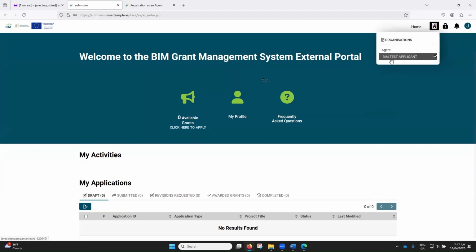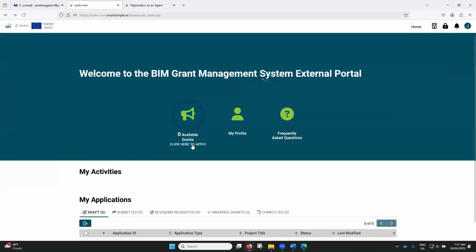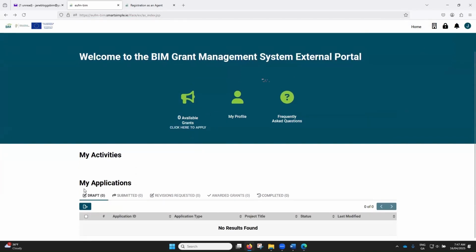So for every organization that you are applying on behalf of, you must just click here and then you will be able to go into available grants from here. And once any grants are live on the system, you will be able to apply for that grant using this organization. And when you select between organizations, any grants that you have applied for on behalf of that organization will be listed here. Okay, so basically you'll log in as yourself each time and you'll just select between each company